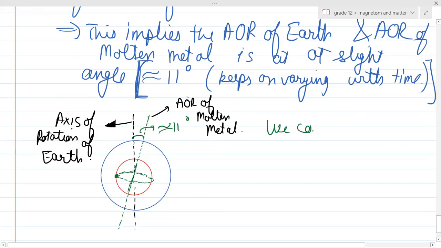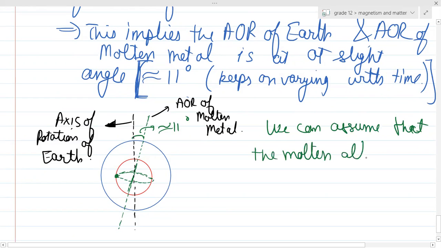So anyways, we can assume that the molten alloys or metals being ionized